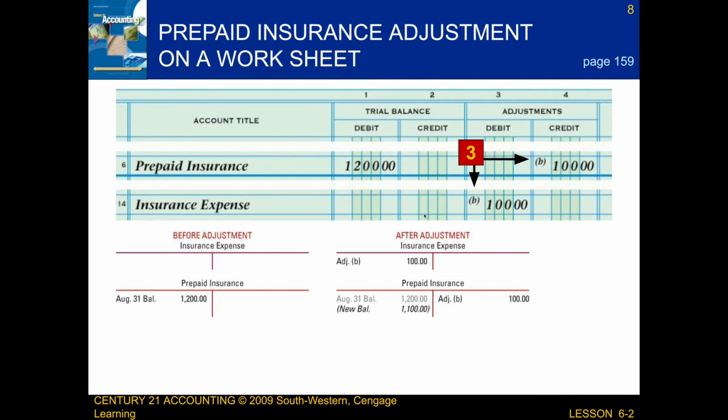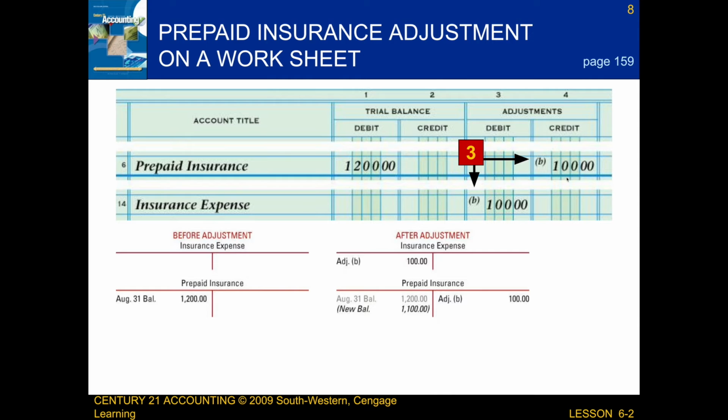For example, the prepaid insurance balance as of August 31st is $1,200. The insurance coverage remaining that's unused as of August 31st is $1,100. So the difference between those two will give us the insurance coverage used during the month of August, which is